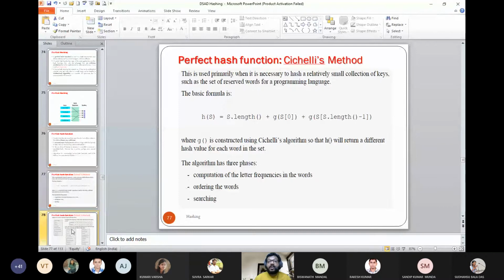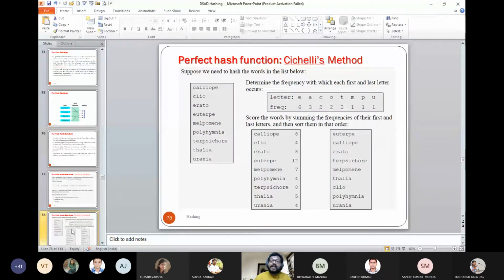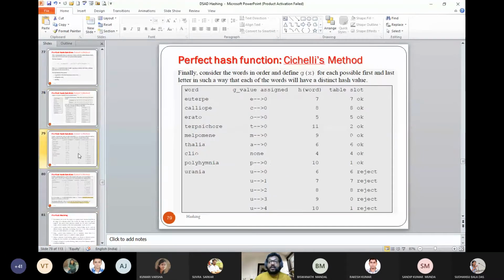Okay, so this is the explanation of a perfect hash function, which is very simple. It tries to take the key value, which is alphabets, and then calculates the frequency of the letter that it starts with. A particular scheme has to be designed and a score has to be calculated. Indirectly you can say some randomized method, some heuristic comes to your mind, and you try to explore that. It's an open type of problem. So this is just for your information. There are various methods to design a perfect hash function.